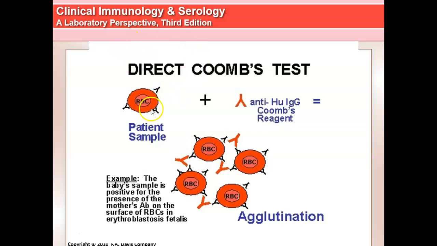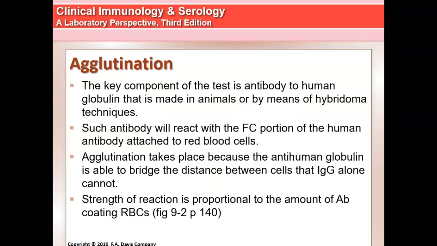So you have red blood cells that are coated with antibody. Then you add your anti-human IgG Coombs reagent, so it's an antibody to human antibody. And then if the red blood cells are coated with antibody, you get this big agglutination sample. So this is the direct antiglobulin test, used to demonstrate in vivo attachment of antibody or complement to an individual's